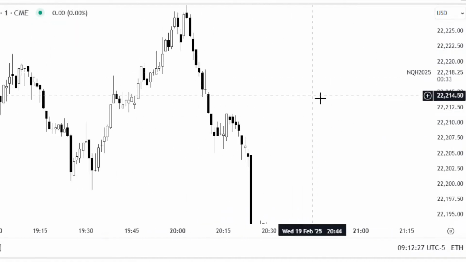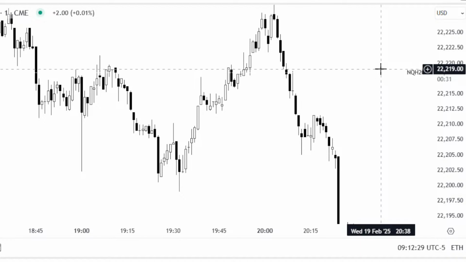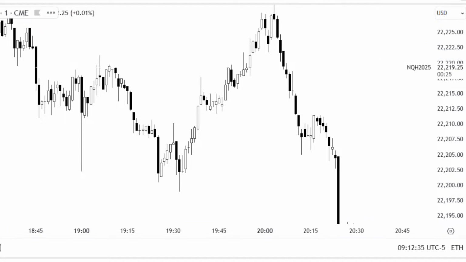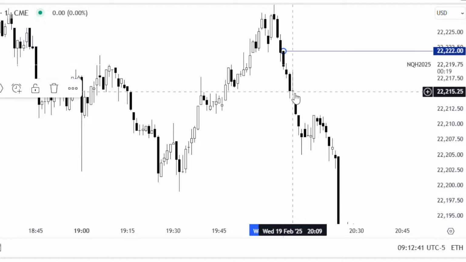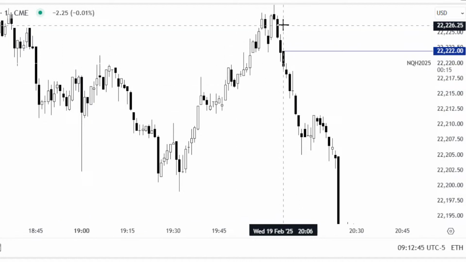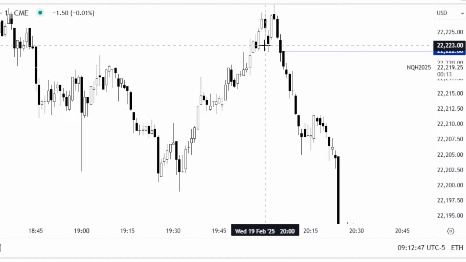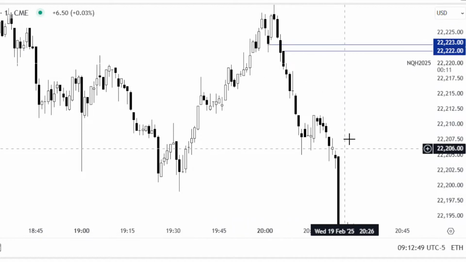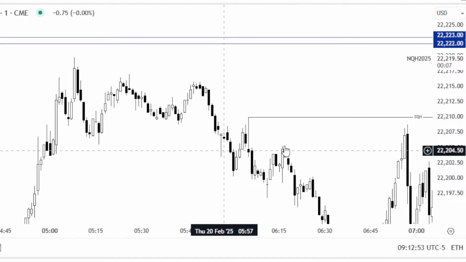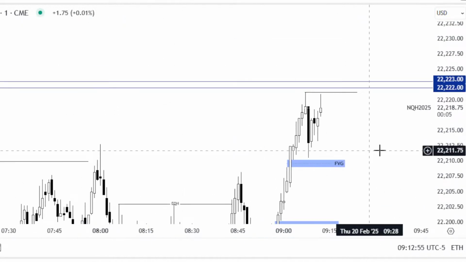Right, price is about here, so let's see. There's a gap here. There's a gap up here as well, but there's a down candle there, so I'm just going to mark those out and see if there's any relevance there.